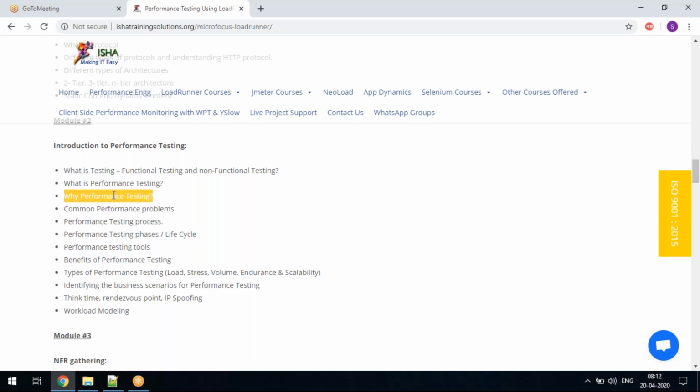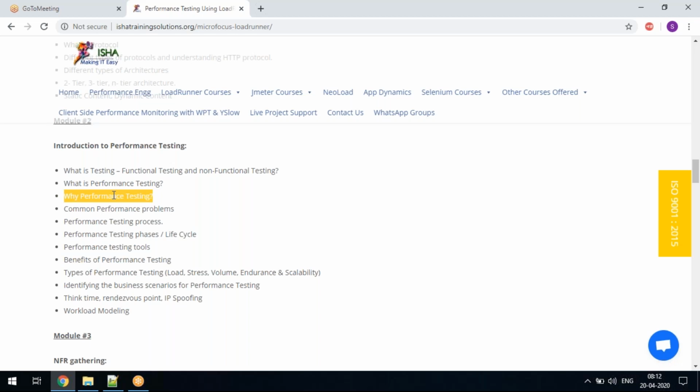You cannot recruit that many people to sit and access your application. That is not possible. So what we are doing here, using any performance testing tool, you are simulating that many user loads, 1000, 2000, whatever, because that is a feature, the capability of these performance testing tools.